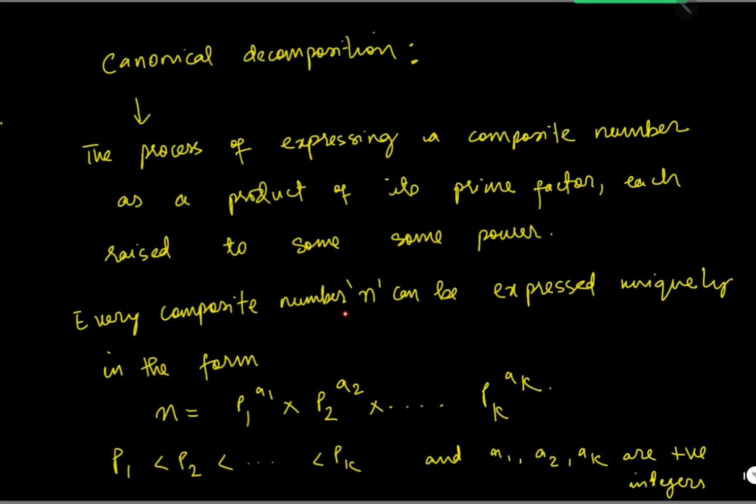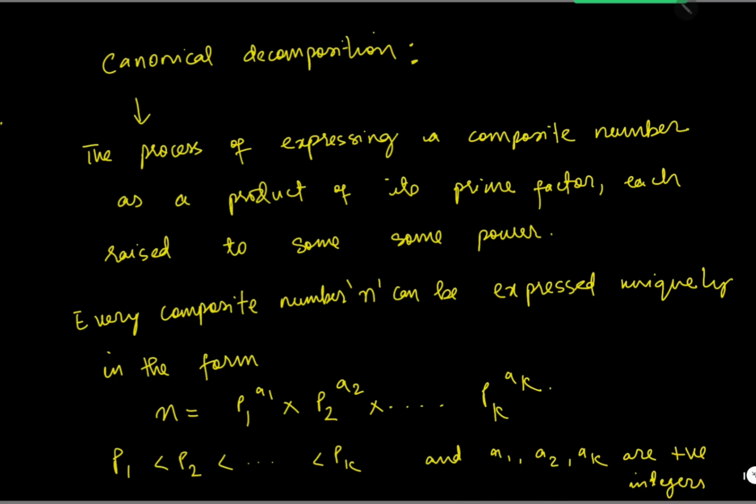Every composite number n can be expressed uniquely in the form n = b1^a1 × b2^a2 × and the list goes on, and our last expression here is bk^ak, where b1 < b2 < b3, and the list goes on. The biggest prime will be bk here,